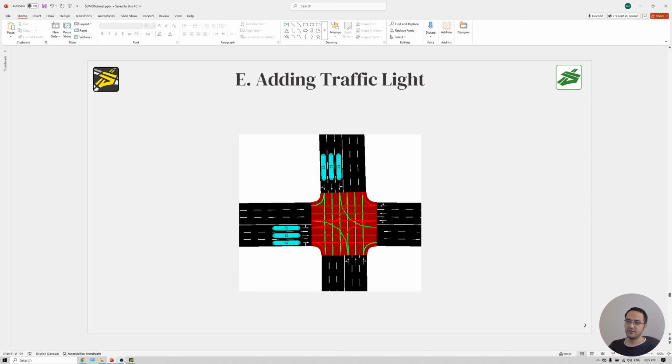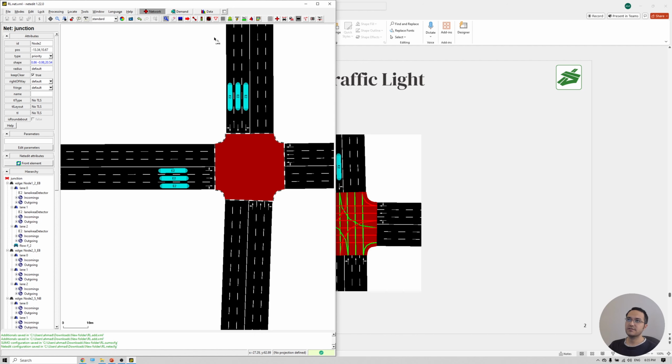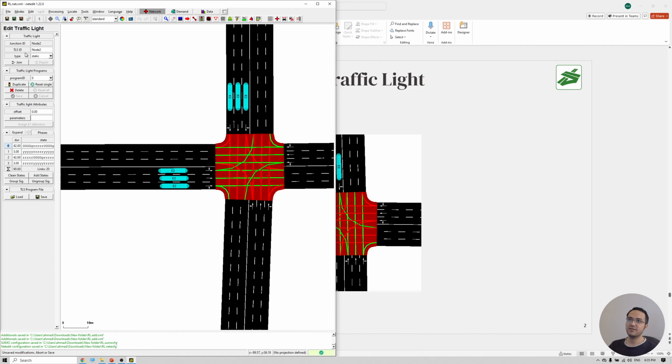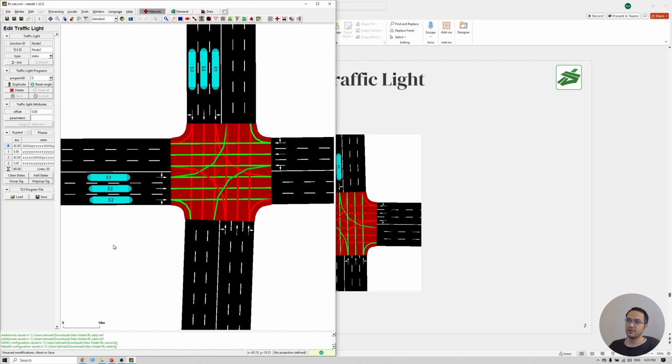Okay, for the traffic light, again, select this shape traffic lights here and then click here, create. The traffic light name is by default the same name as junction ID, node 2, and I am just keeping the same. And then as you can see here, these are the phases as I mentioned in part 1, and these are green, green, green, red, red, red, right? So one